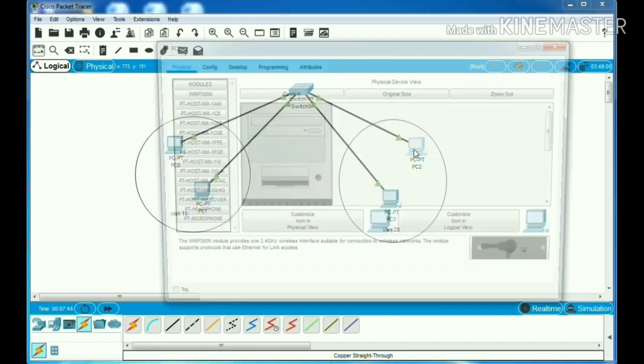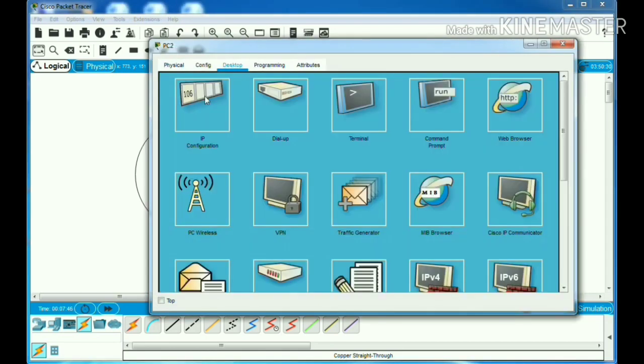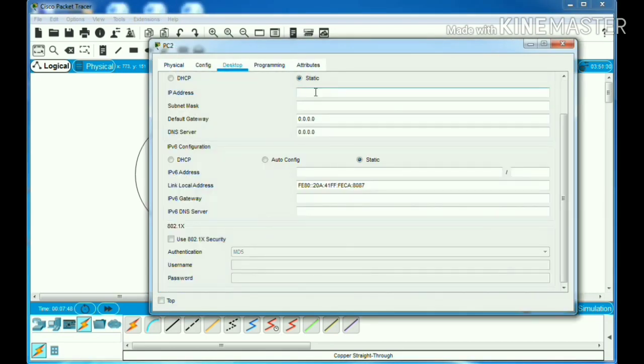Click on PC2, desktop, IP configuration, let the IP address be 192.168.20.2 and the default gateway 20.1.